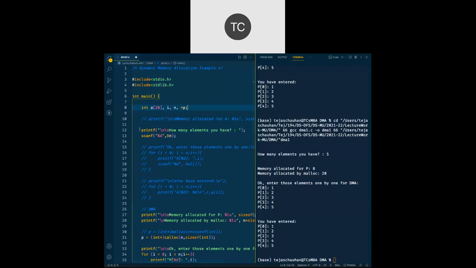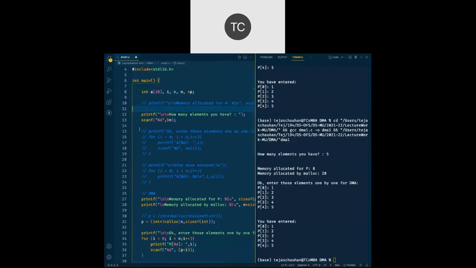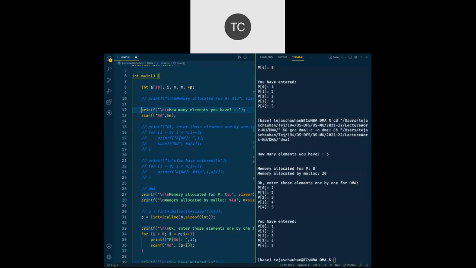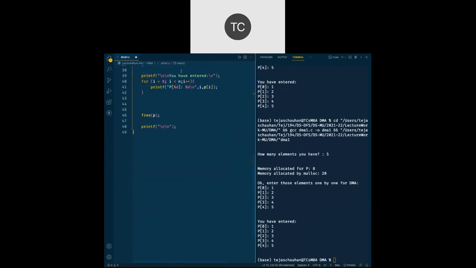And just for those new elements, let me have a new variable also, so that you understand that reallocation part properly. So we'll ask how many new elements you have, and I'm going to keep the new number of elements in M.